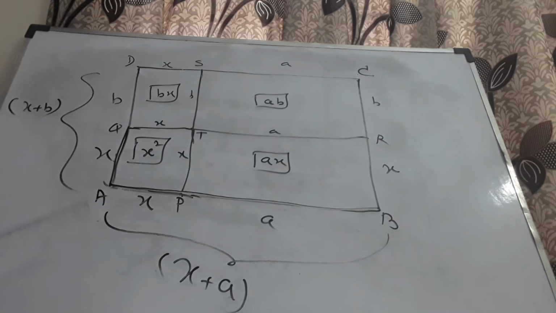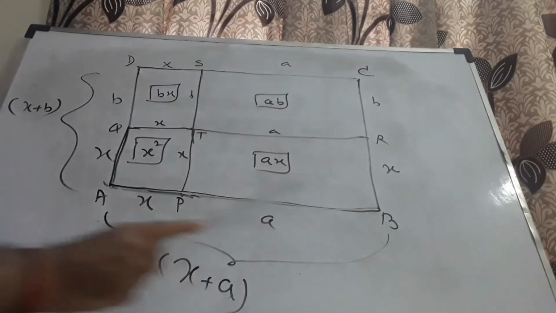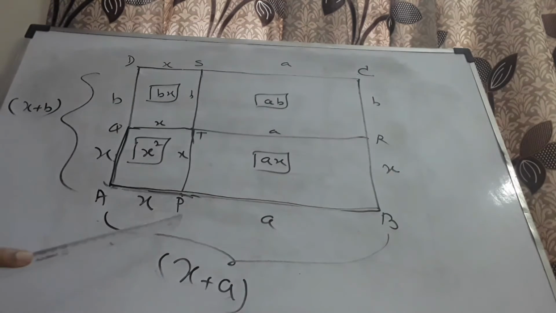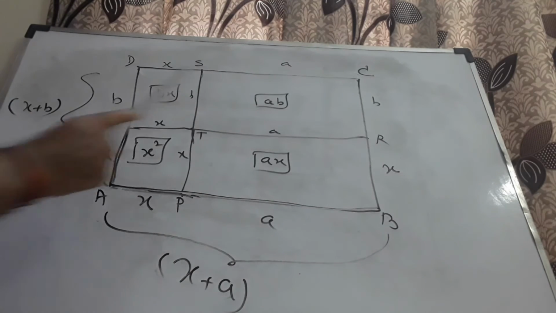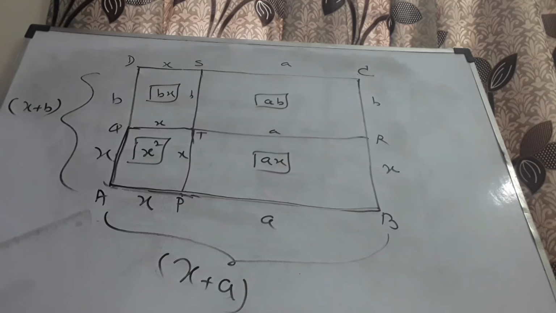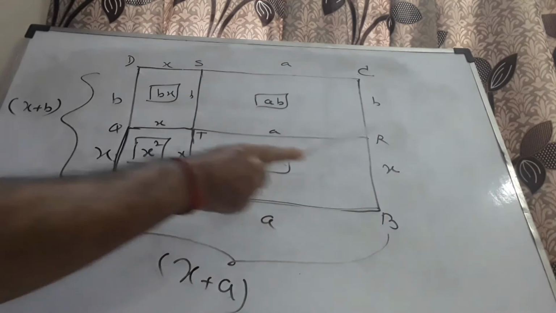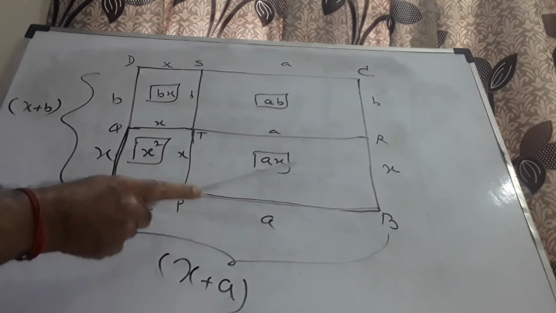Now listen carefully. Now area, the original rectangle ABCD now becomes (x + a)(x + b). If you look at it carefully, it is divided into four areas. Practically speaking, area of this square APTQ, which is x², plus area of this rectangle PBRT, which is ax,